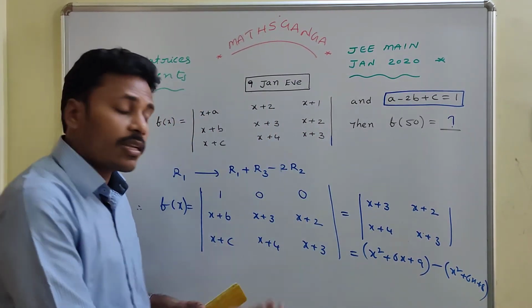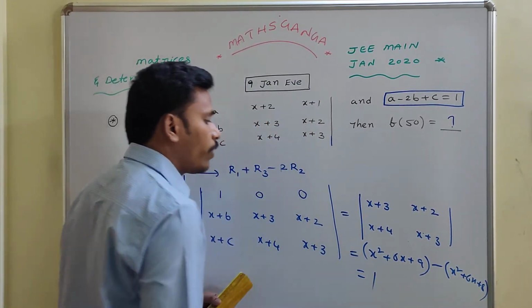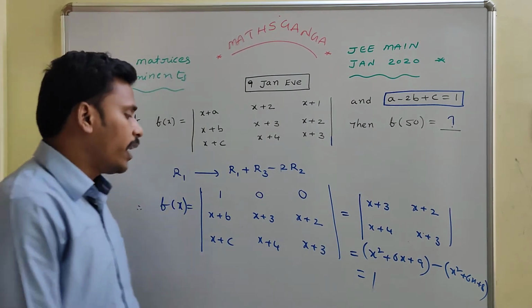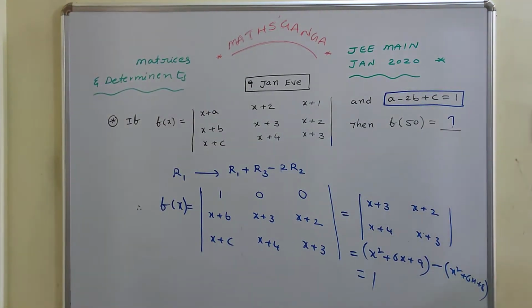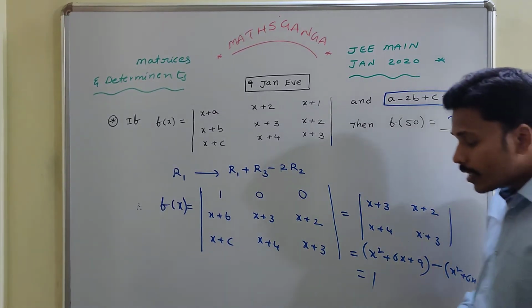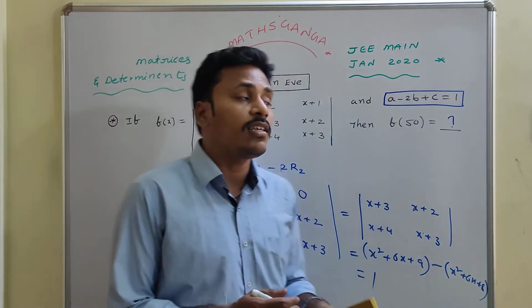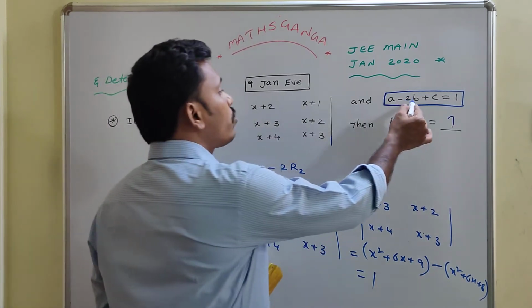X square and 6x terms will get cancelled. At the end, you are left with 1. So finally, f of x, the determinant in terms of x, if you simplify, you will get its value as 1. Okay. To find the determinant value, since a minus 2b plus c is equal to 1 is given, use this as a hint